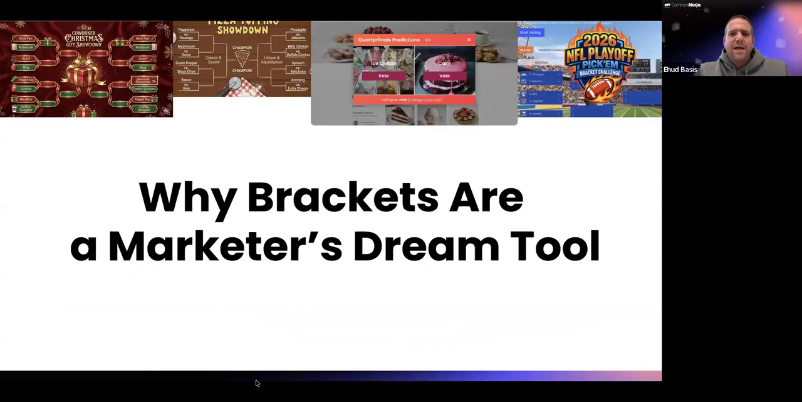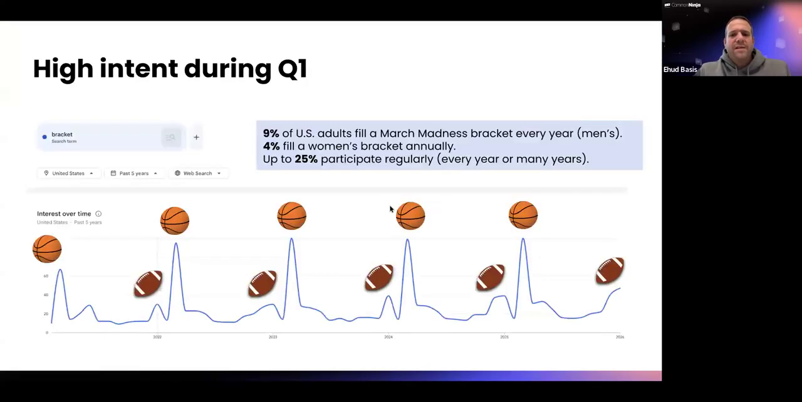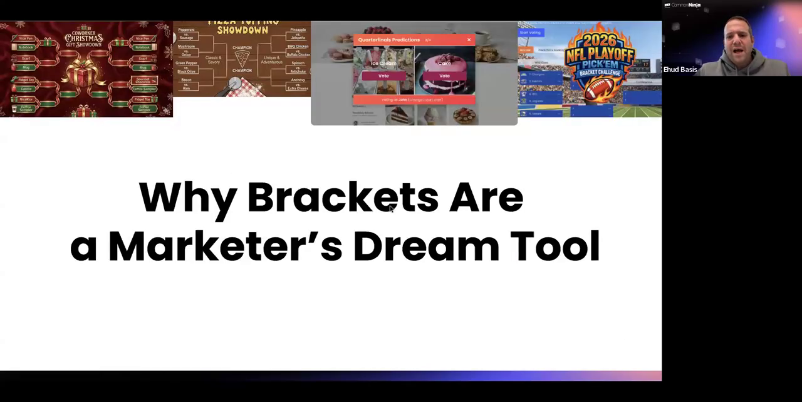So let's get into the core of this. Why are brackets such a dream tool for marketers? Because it flips the script. Instead of pushing content at people, you invite them to participate. Brackets turn passive audiences into active players. As you can see here,